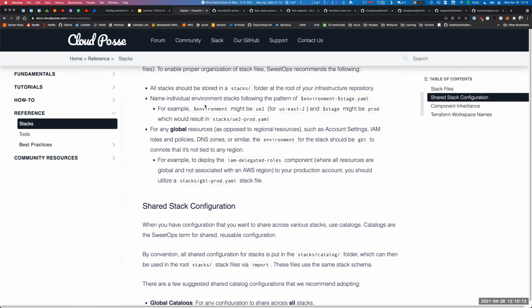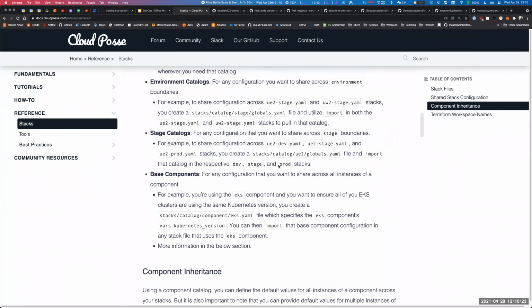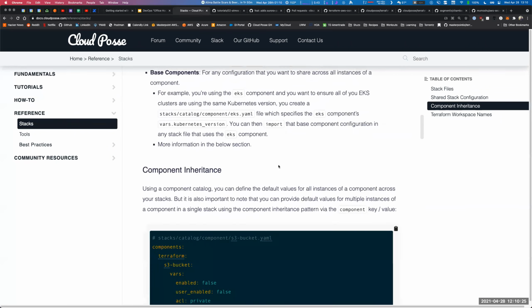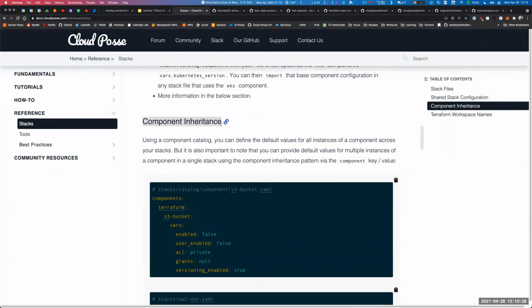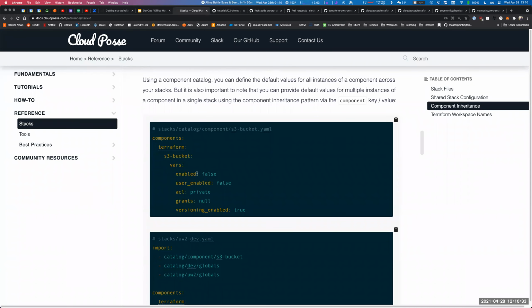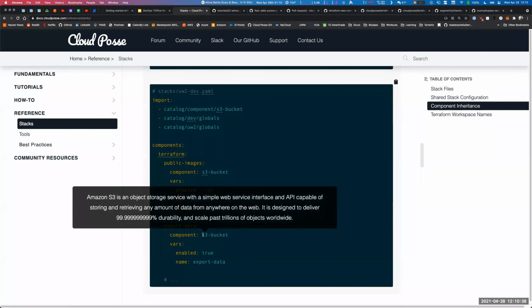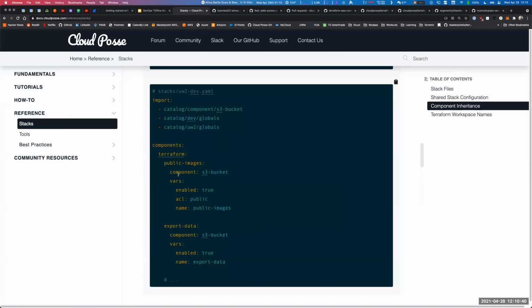Here's an example of that. So what you asked about is how it works in regards to specifying two VPCs. There's an idea there that we're calling component inheritance. There's a few names kicking around, but the idea is if you have multiple S3 buckets, for example, that you're creating, then you would specify the top level name as something different for each of them. But then you specify the component that it's inheriting from